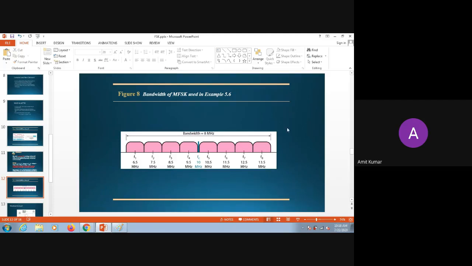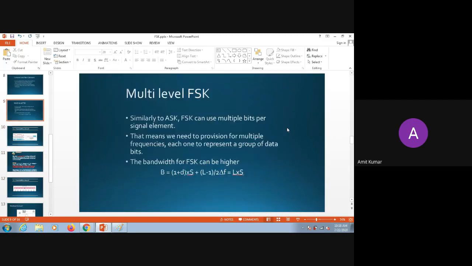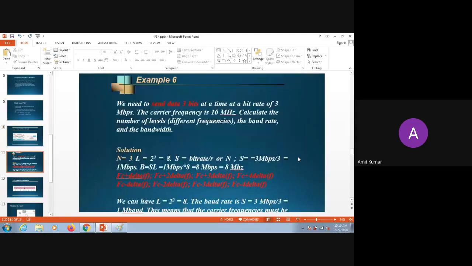If you go for the actual formula and calculate using it, you will get the same output, but with a little bit of addition. You will get the output in terms of decimal points. So don't go for that. Just calculate using this formula if it is a multi-level FSK. The other terms that they are using, like delta F, carry less importance compared to the number of levels. As the number of levels increases, the dominance of delta F, or the deviation in the frequency domain, will be less compared to the single-bit case. In this way you can calculate. So is it clear,